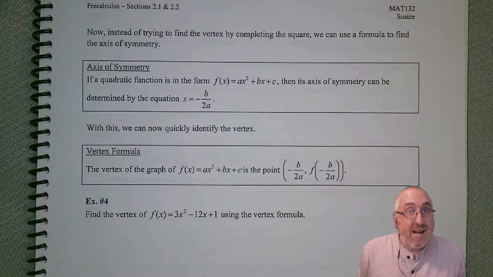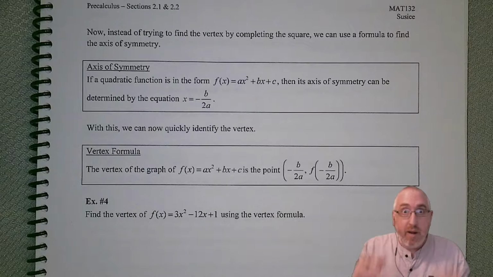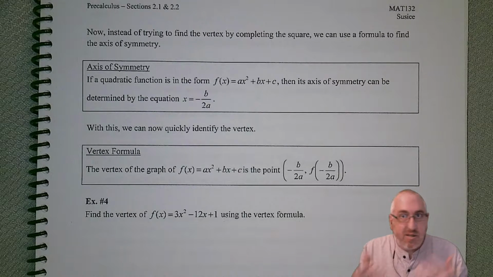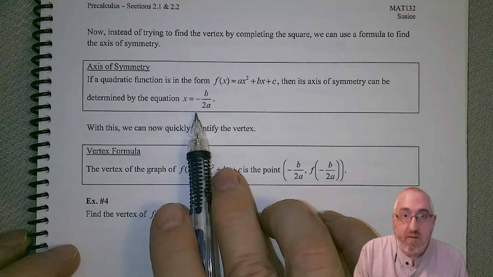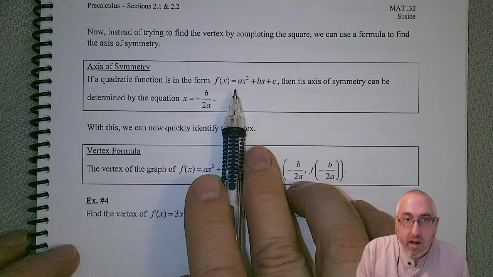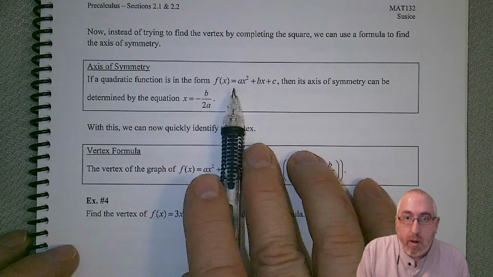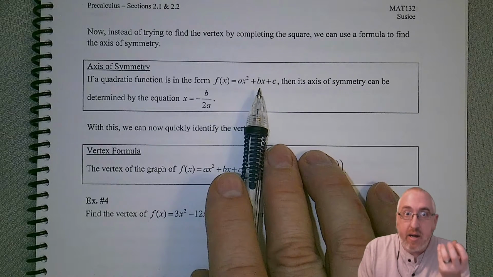So if you don't like completing the square, how can you get around it? What's another way that we can find the vertex, find the axis of symmetry and all that other good information without doing that? And the trick is in first finding the axis of symmetry. By putting a quadratic function in this form, we can actually steal some of the letters and find that axis